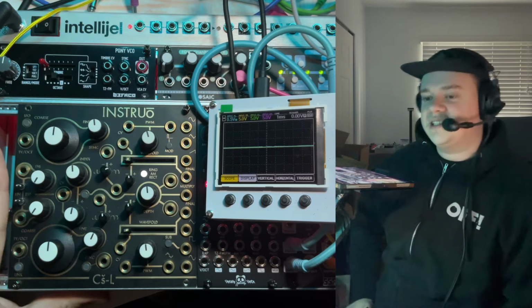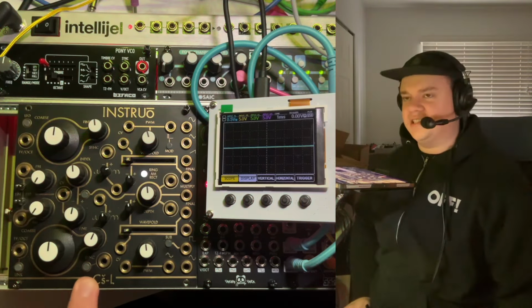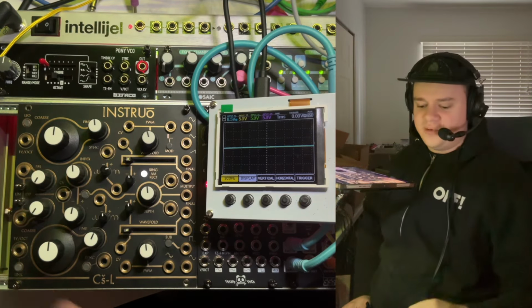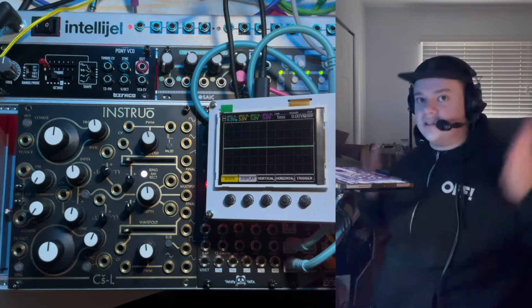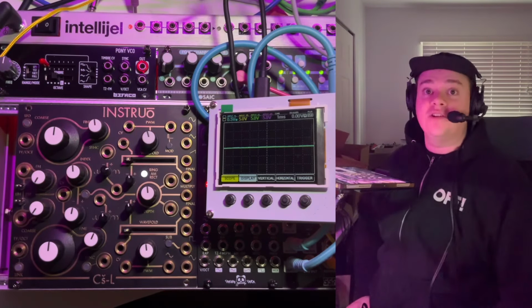It is a 26 HP complex oscillator for Eurorack. I believe the Cs-L actually stands for Complex Oscillator. It is less Buchla styled than the other ones. First and foremost, it is two horizontal rows of oscillators rather than two side by side. We'll get into all the nitty gritty of it in a bit here, but first I want to get some